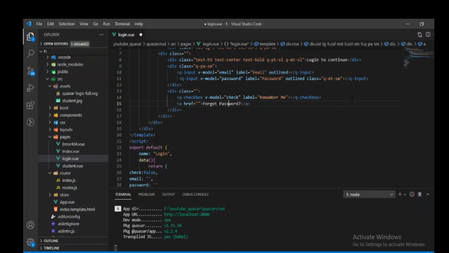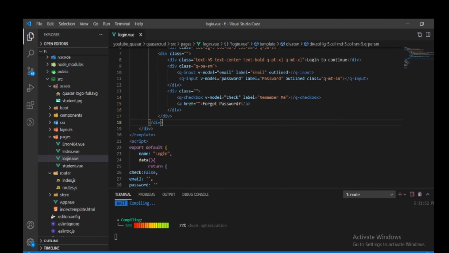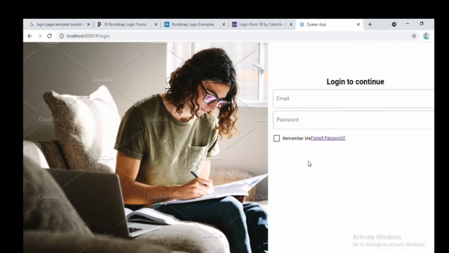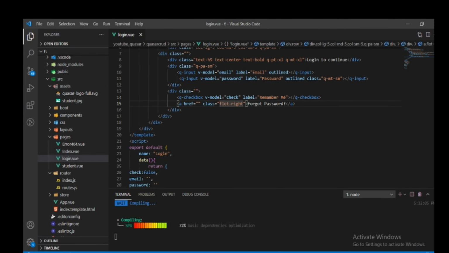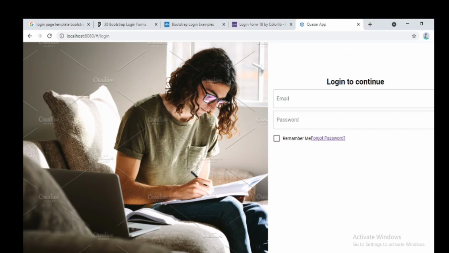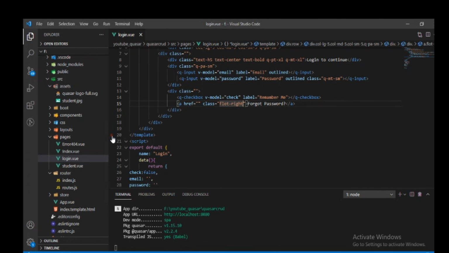And we will give it a class for that. So we will look how it is looking. Yes, for that in class, float-right. It is not going to float.